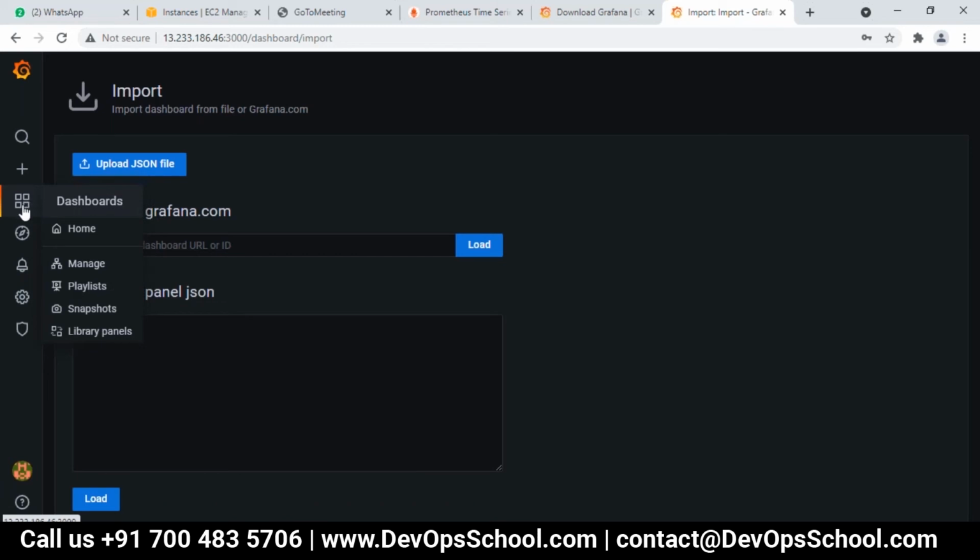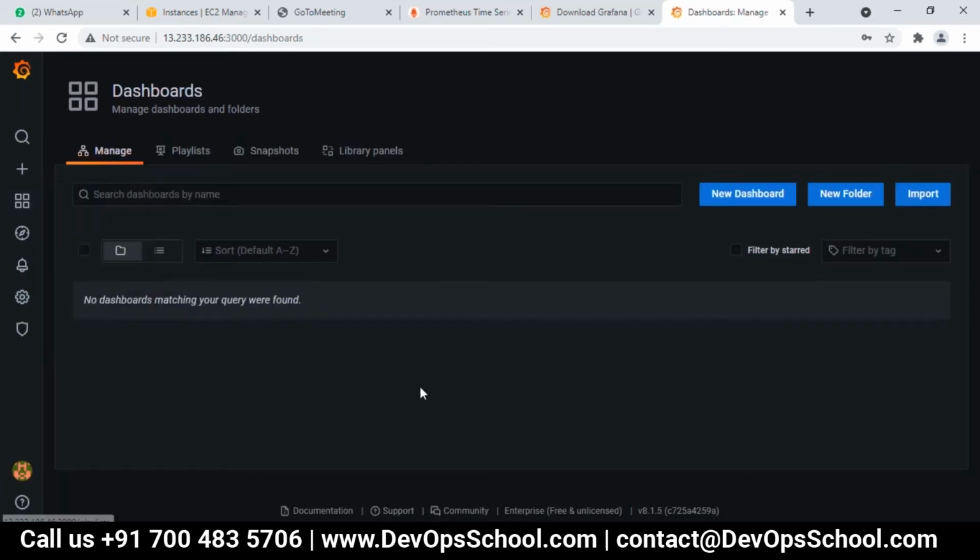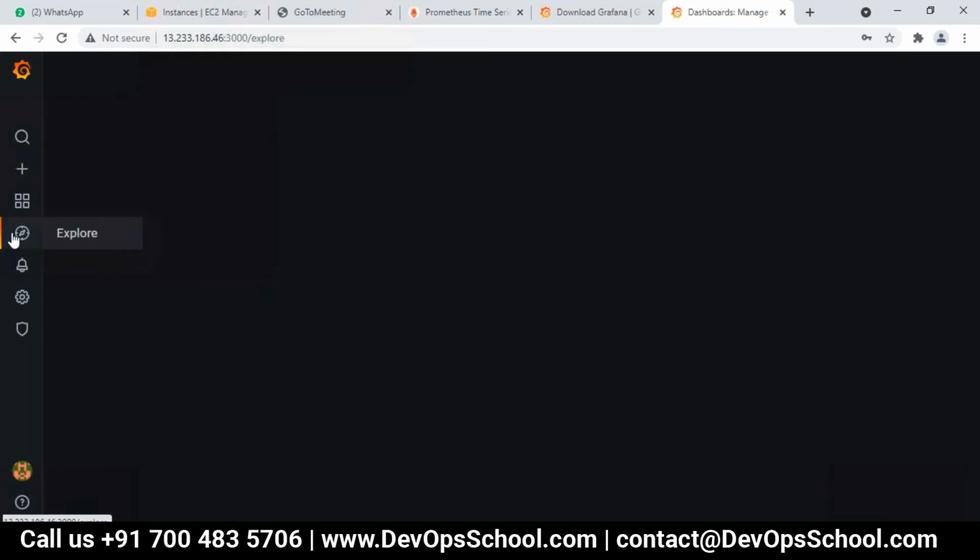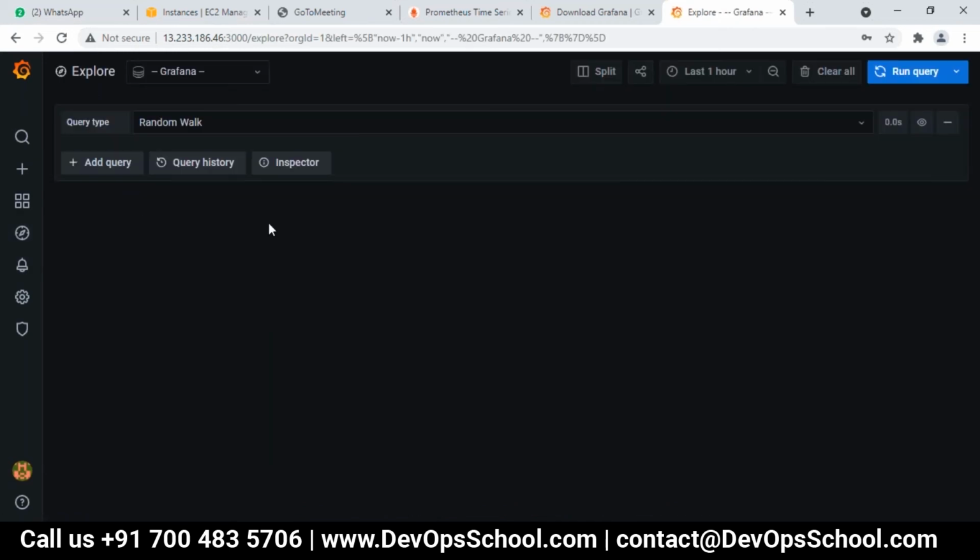So this icon is to manage the dashboard. If you click on the manage button, from here you can delete the dashboard, or you can add some functions on the dashboard. Explore is for running the queries.